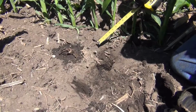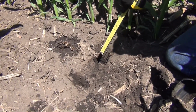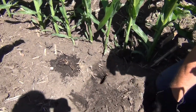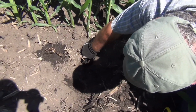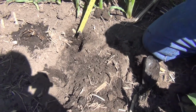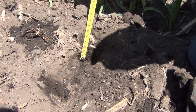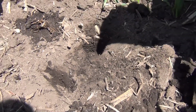So we've gone back from the roller tooth itself and dug another hole beside it, so it's not between the teeth at all. And we want to show what happens here. We dug down, and the ground is noticeably wet in here, and we can see seepage starting to come into the bottom of the hole here at about 6 inches down. So if we pour some more water into this neighboring hole here,